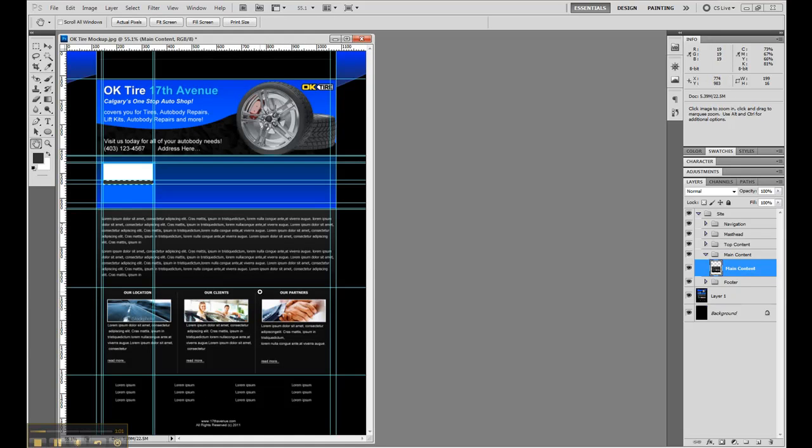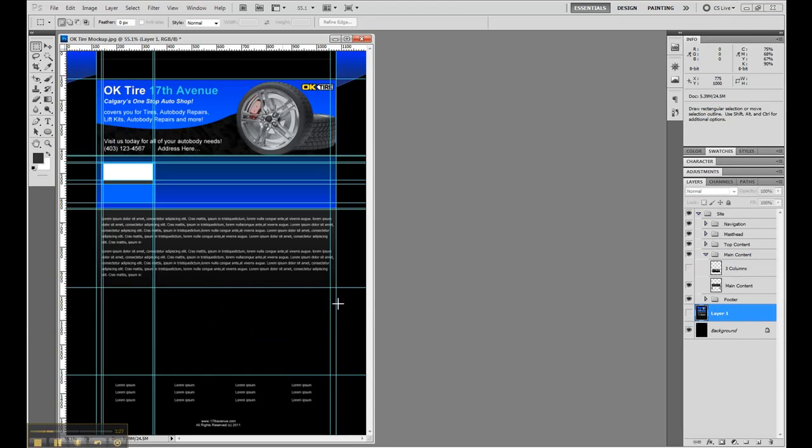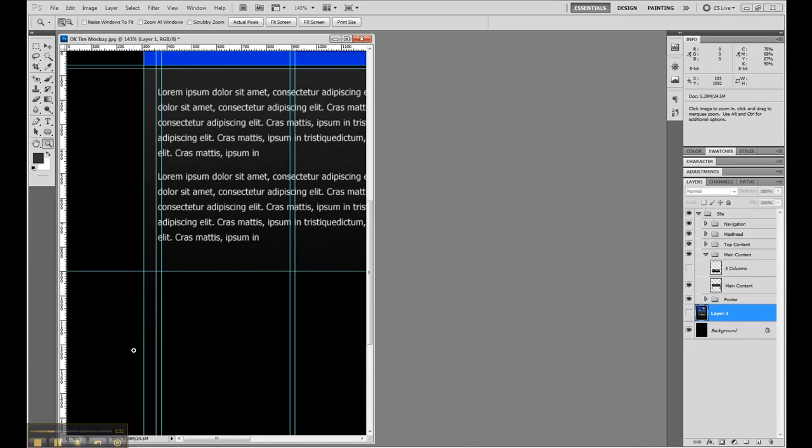So first of all, get your guides back up. This middle section here we're going to get rid of, or we're going to put it into its own layer and then work with it later. So you're on here, Control Shift J, we'll put that in its own layer. We'll call this 3 columns. Alright, now we can hide that, and I'm just going to hide this layer 1 that I had so that it goes back to black like we originally wanted. But if we zoom in here close, you'll see we've got going from gray all the way